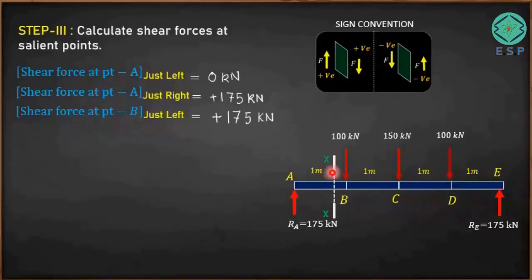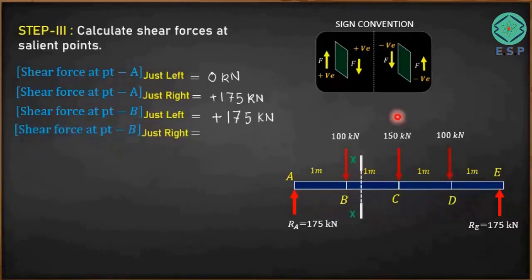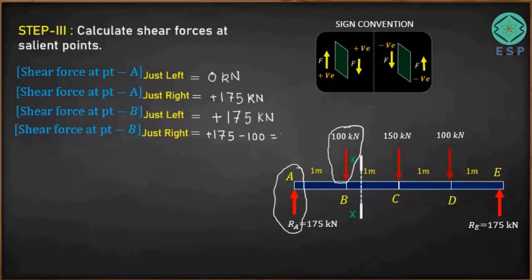Now we'll take this particular XX plane just right hand side of the point B and we'll see what is the condition now. So if you see this condition now, friends, we have got one shear force acting in the upward direction and one shear force acting in the downward direction, like this. Okay, so as per the sign convention, on the left hand side of the plane upward is taken as positive, and downward is taken as negative. So this is going to be positive and this is going to be negative. So what I will do is I'll write down the values. This is plus 175 and then minus 100. That will turn out to be 75